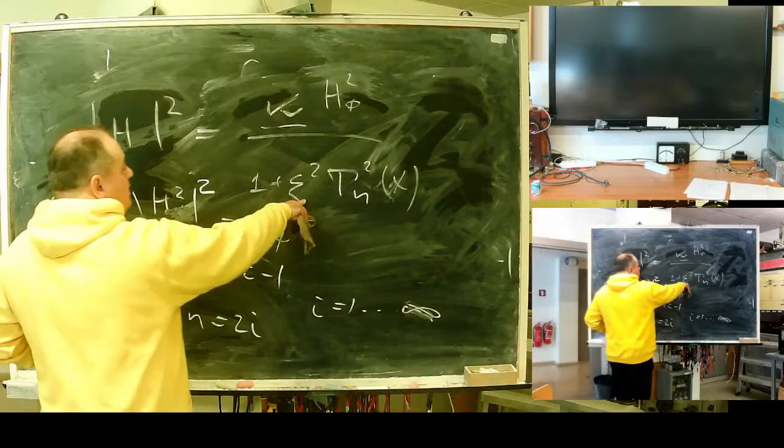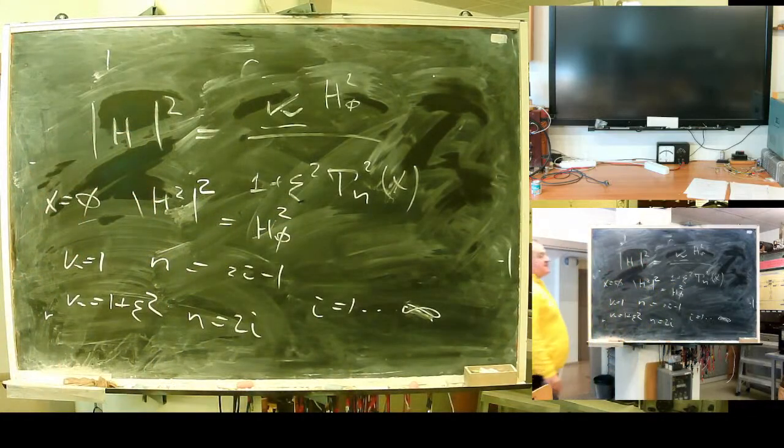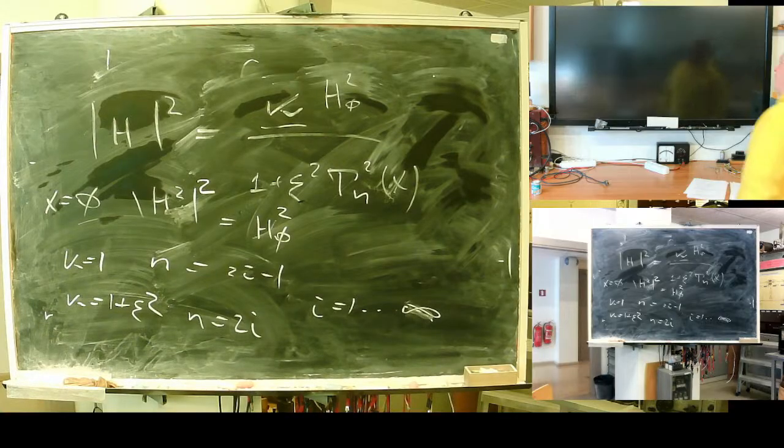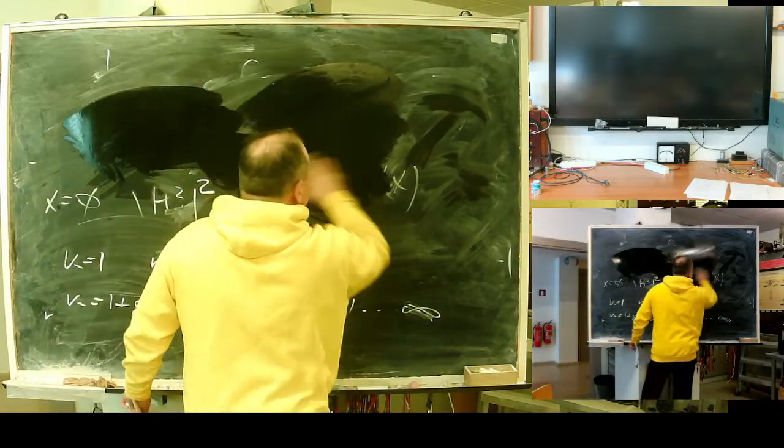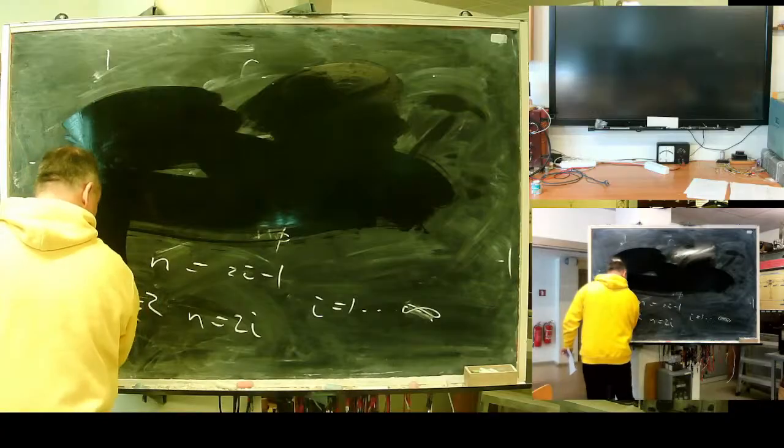This factor epsilon defines how to say the non-uniformity of characteristics. The characteristic of a Chebyshev filter isn't a straight line, but